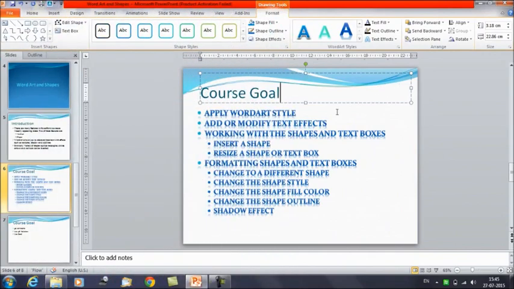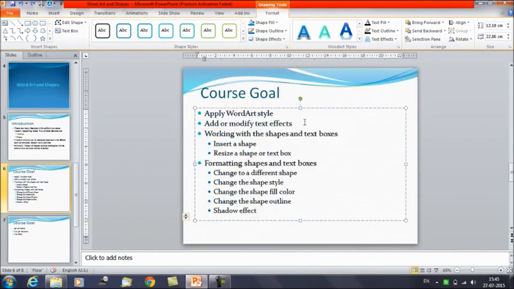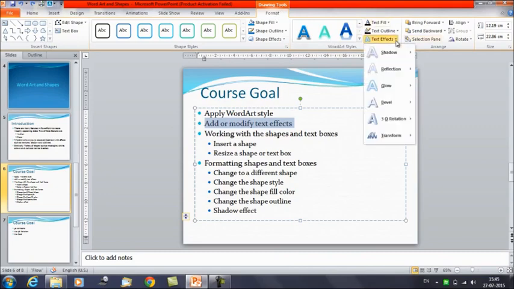Now the second option is add or modify the text effect. You need to select the text first of all. Shift and Home, we have selected the entire line. Once you select the text, you can see the Format tab here, and there is an option, Text Effects.